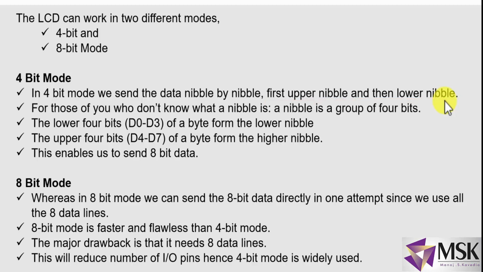And in 8-bit mode, all the 8 pins are directly interfaced with the LCD. Definitely 8-bit mode is faster because data is sent in 1 byte itself, whereas in 4-bit we have to send nibble by nibble, so it is a bit slower. But another advantage is that in 8-bit you need more pins, whereas in 4-bit you need fewer pins. So when you want to interface more hardware, or more sensors and actuators, we generally prefer 4-bit mode. We also have LCD with I2C interface that we'll see in further videos.